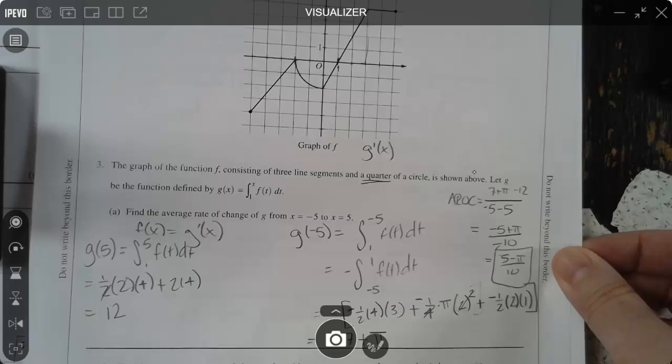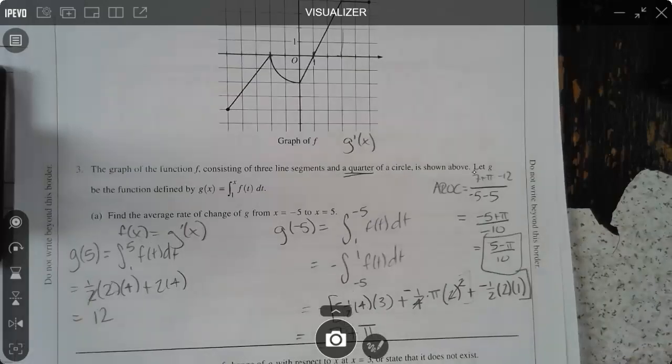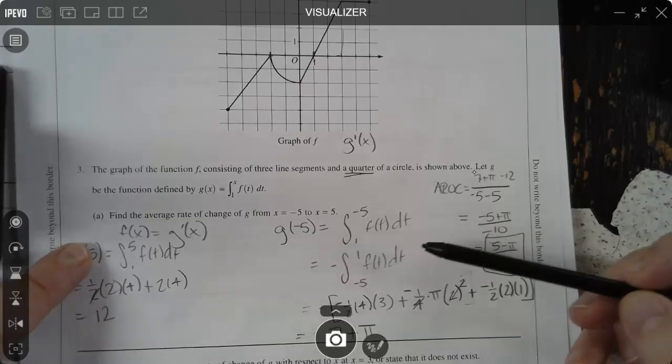Average rate of change. Did anybody in here get this one, part A? I think one person did. So, average rate of change from -5 to 5. So, average rate of change, y'all, is slope. So I'm gonna find,